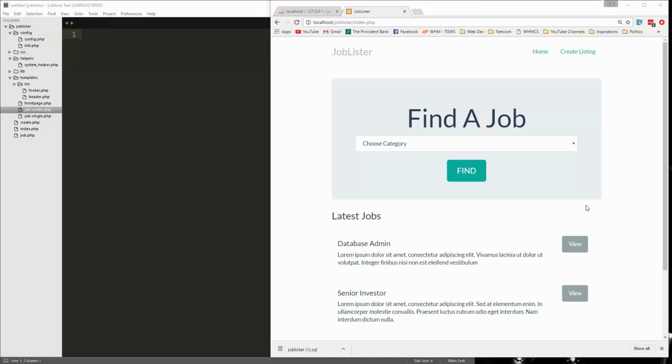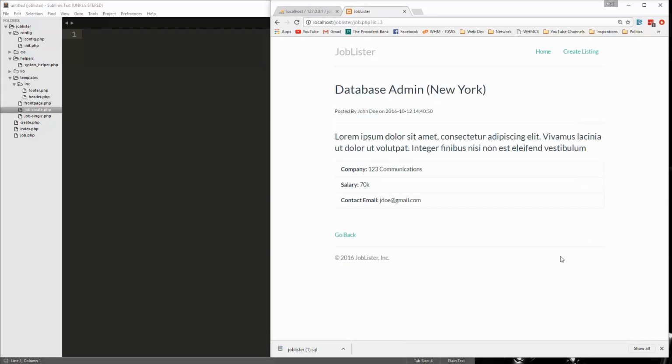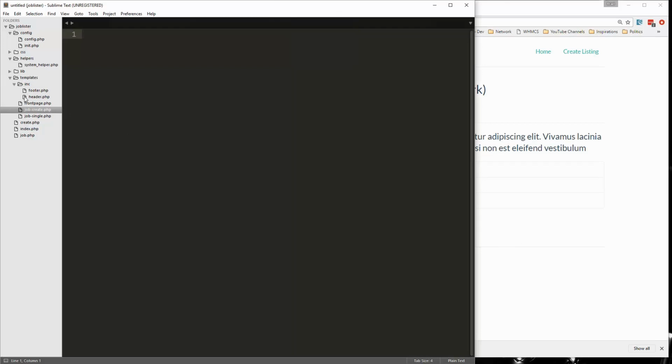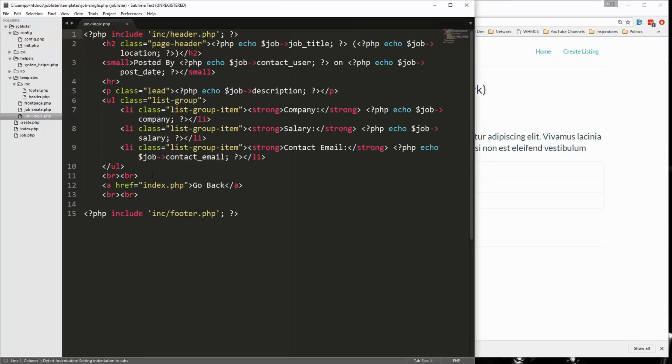Alright, so we're almost there with our application. We just want to be able to delete and update these job listings. So we're going to add a couple buttons to the job page. So let's go to our templates and then jobsingle.php. And we're going to go down under the line breaks down here and create a div, give it a class of well,